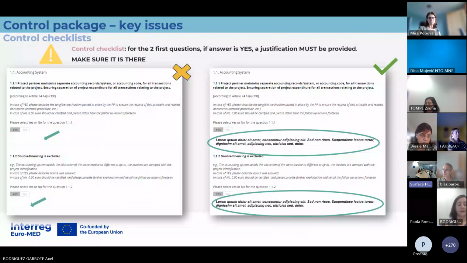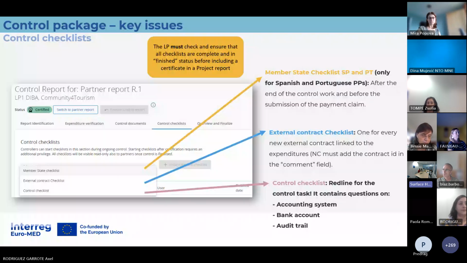An important thing about the checklist of the external contract. Well, there's one for every new external contract. So if the contract goes over different periods, the controller doesn't have to make a checklist all the time, only when it is introduced. And we ask you to put the contract ID, because when you create a contract in the contract section, it has an ID in the comment field, so we can identify it.